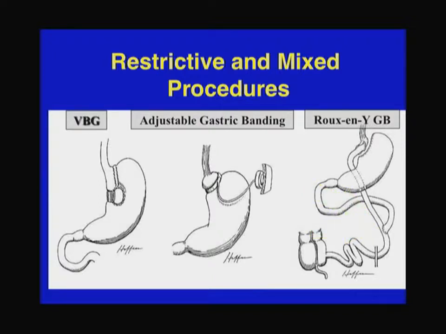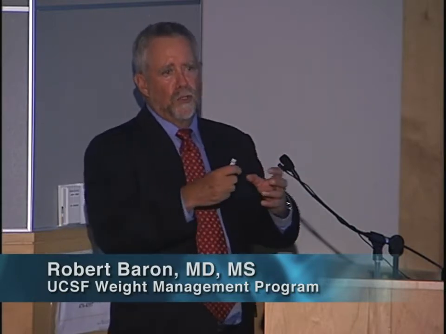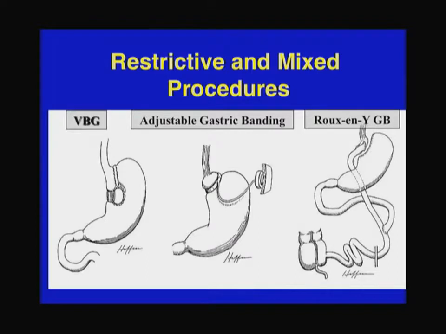Remember, this was the normal path of the food: esophagus, main part of the stomach, duodenum, jejunum, down into the rest of the intestine. Now we're bringing up a limb of the jejunum and connecting it up to the stomach. So you have this bypass path that's no longer coming in contact with food, and that can create some malabsorption. And so the surgeons can make that longer or shorter, depending on how much malabsorption they want to create. But this primarily works, we think, as a restrictive procedure also. But these are the most common procedures done in the United States.